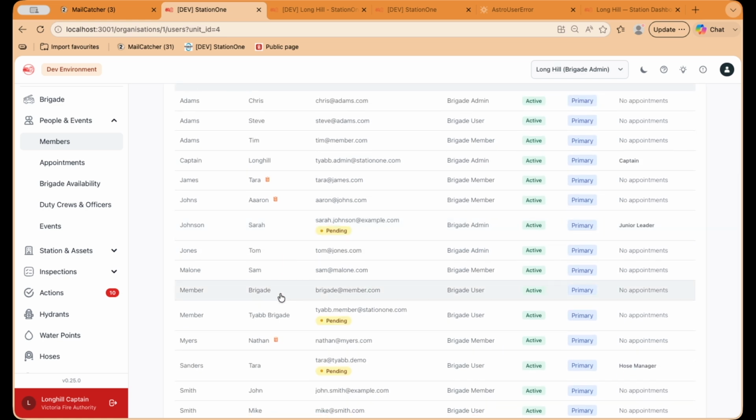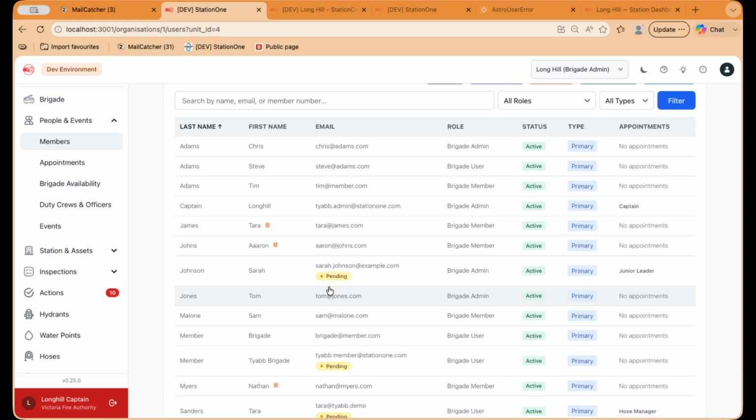At the same time, via the station portal, the members can also see the steps remaining in their induction plan. So if they go to the station portal and they select their name, there will be a section in there similar to the PPC allocations table or the skills plan table that shows them the current status of their induction as well. So if there's anything remaining that they might need to follow up or finish up, they have access to do that there as well. So that is our member induction